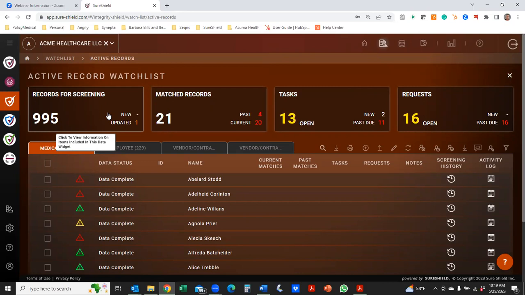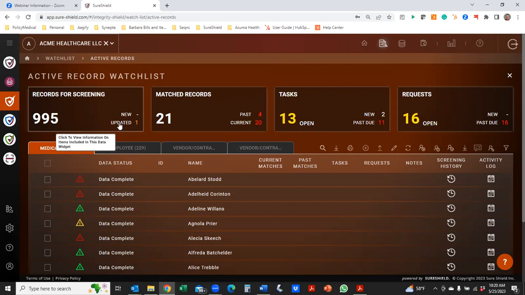So you're not required to use each and every one of these screening pieces, but again, we can show you that you can also segment these screens based upon whether they are providers, employees, contracted vendors, or individual contracted individuals as well. And again, you can see within this ecosystem, I've got 995 records that we're screening.